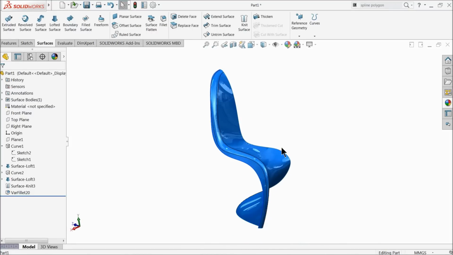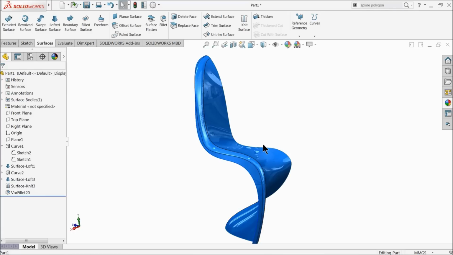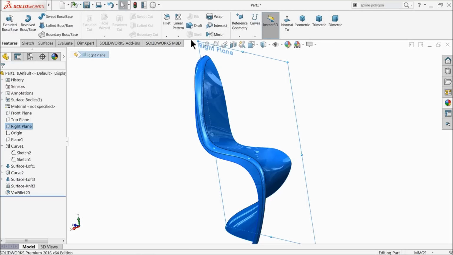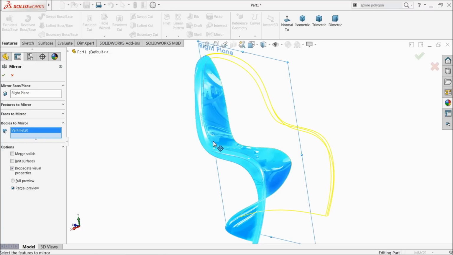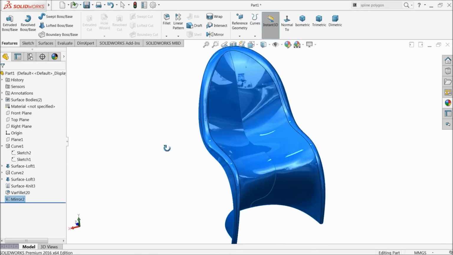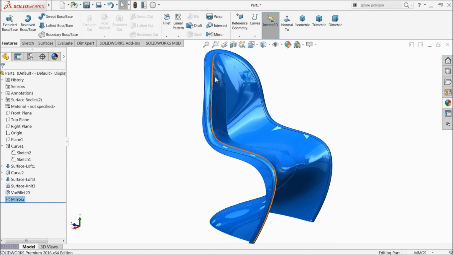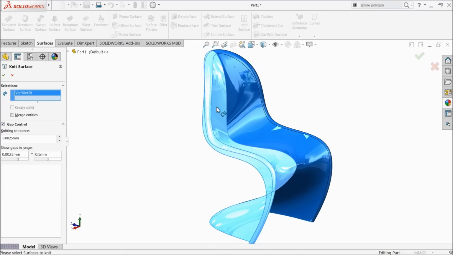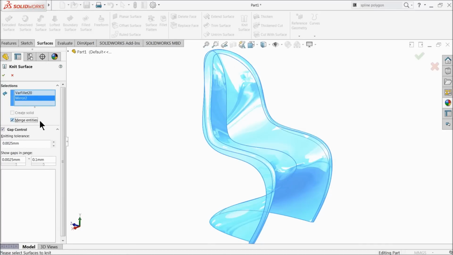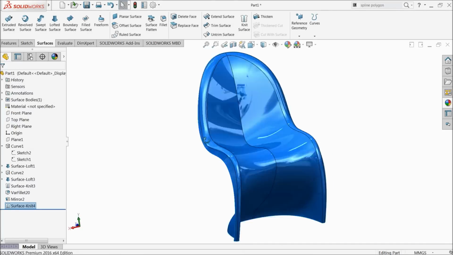Now this is the half portion of the Panton chair. Now it's time to mirror and make it full. So choose here right plane, and mirror, I think you will find it in feature command, mirror. Select the whole body, so it's easy. Okay, that's it. Now let's go to surface again, choose here knit surface. There are two bodies, clear, first one, second one, both we want to merge. Select here merge entities. Okay, now it's one,